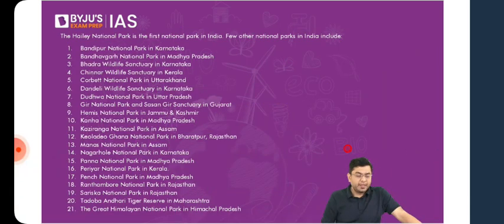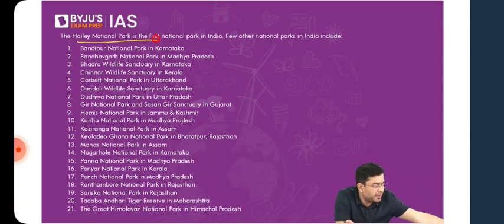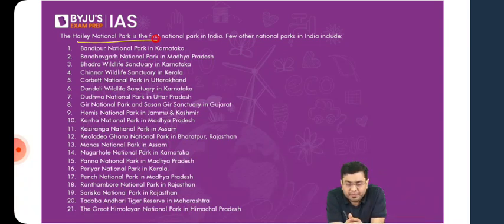Okay. Now, these are a few of the national parks which are there. So the Hailey National Park is the first national park in India. Now, where is this Hailey National Park and what is it known as today? What is the name by which we know the Hailey National Park as of today? Can we have a guess? Any kind of clue? Yes, correct. And what is the name of it now? It is very good. It is the Corbett. It is the Jim Corbett National Park. That is what it is known as. So the Jim Corbett National Park was one of the first national parks which was established.